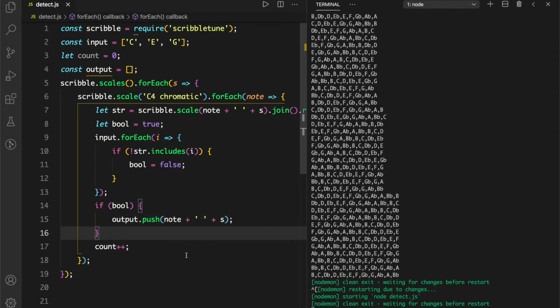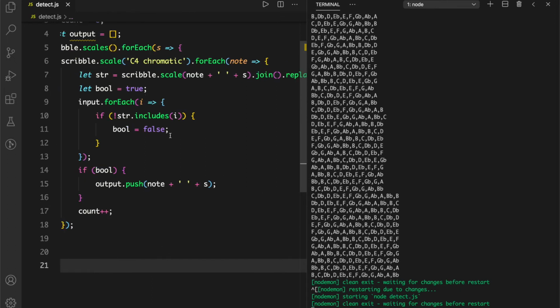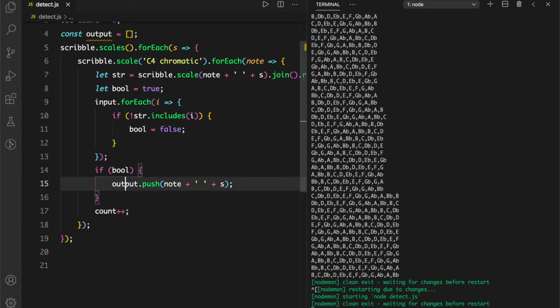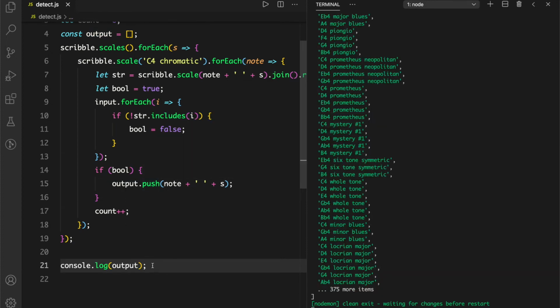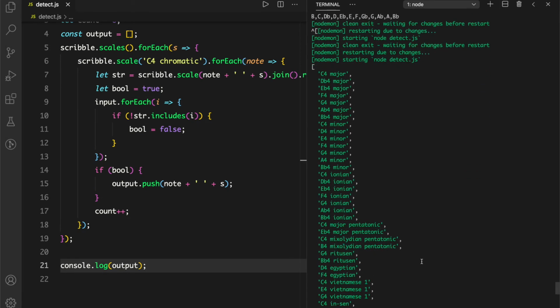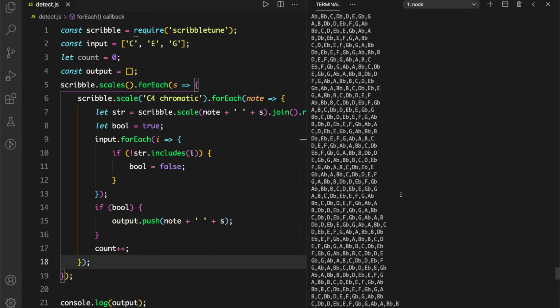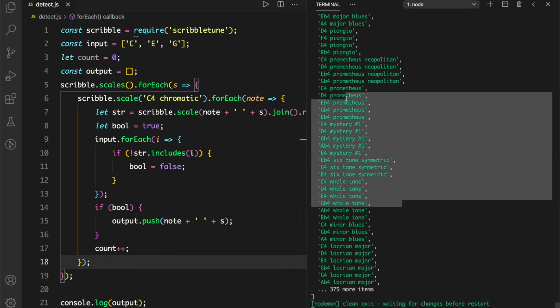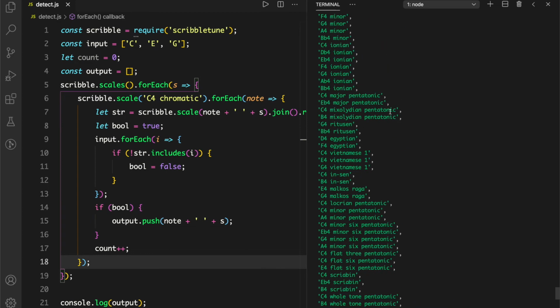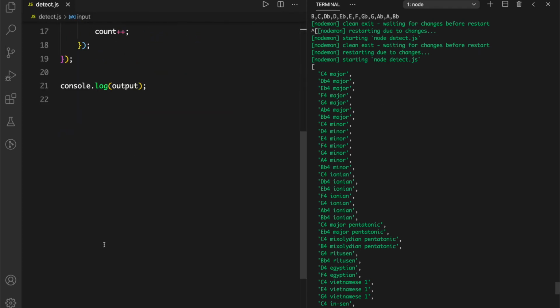I don't know if this is going to work or anything, but this is what we have at the moment, and we are going to just return. We're just going to console out this output, and there it has returned so many scales which are supposed to have C, E, and G. I have no way of validating if this returned array is indeed including these three notes, but hopefully you get the picture.